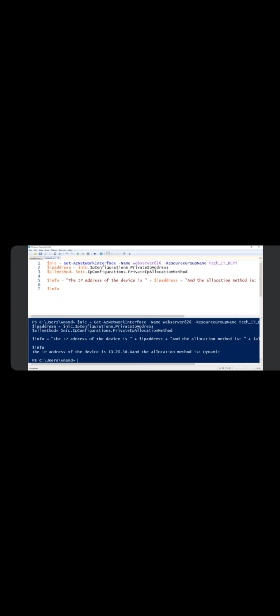I want to change this dynamic allocation to static allocation. As you see in the output, the allocation method is dynamic. Let's go ahead and change this to static. So what I'm going to do is go to this particular part here, which is line number 3, okay, and copy this and take it to line number 4. And then I say that